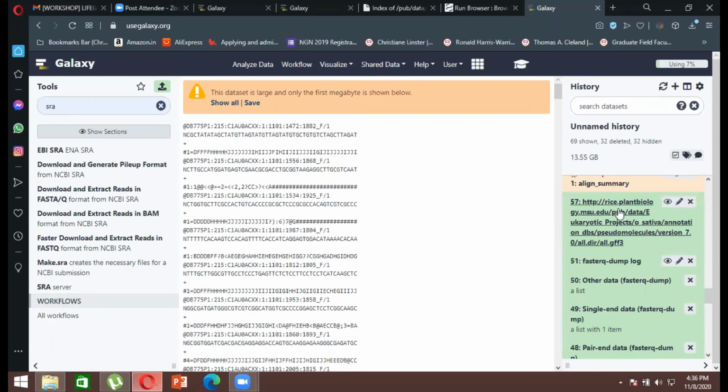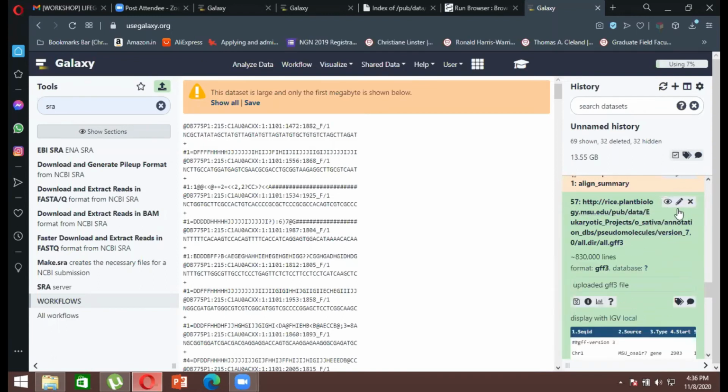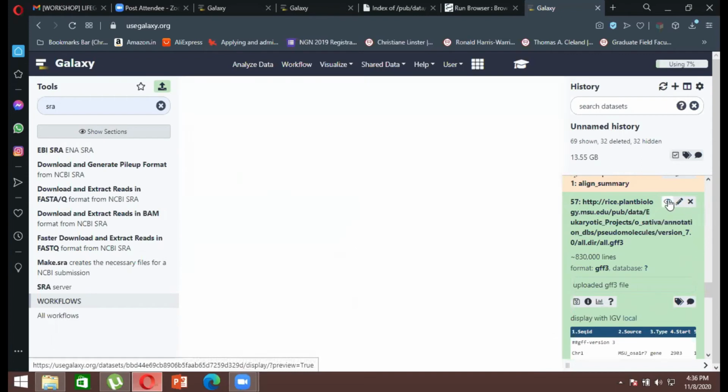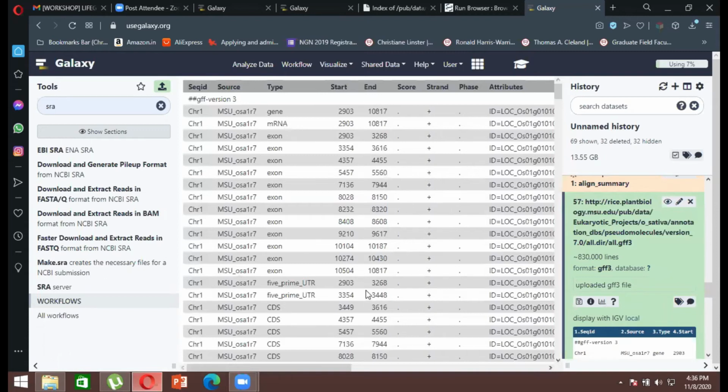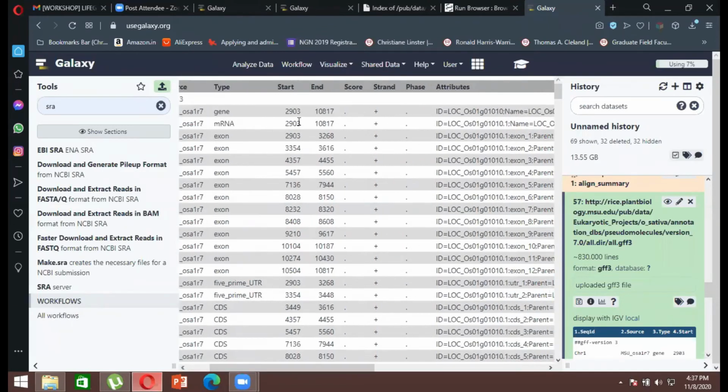This is my file. So I'll just click over here. You can see your GFF3 file. What you can do is just click on view the data. And here you can view all of the data that we have for our RICE one, right? So you can see chromosome number 1 and the source, where the source came from, what was the type of that thing. Whether it was a gene, an mRNA, an exon, a 5' UTR, or a coding sequence, you get all of these things, right? Then you have your start and end sequence, where it started, where it ended. You have your score. Now this is empty right now because we haven't done your final sequencing as of now, right? So this is just the data that we have.